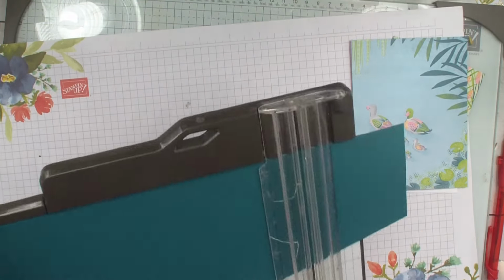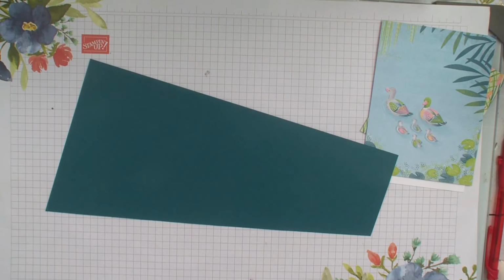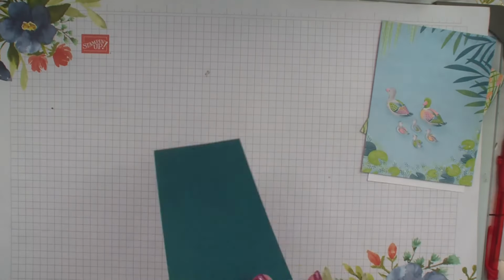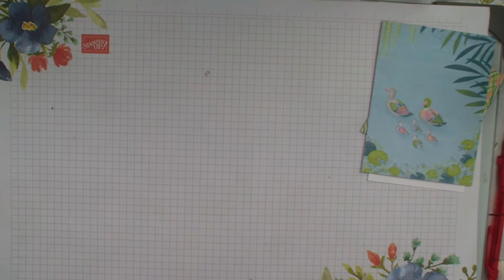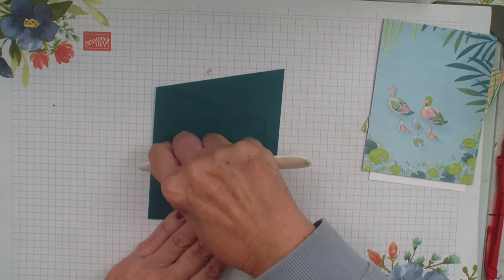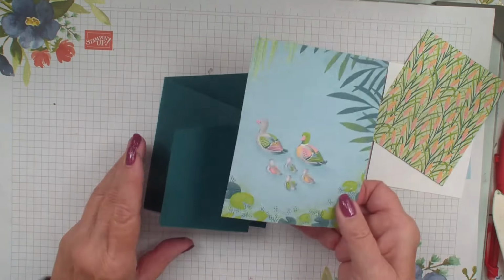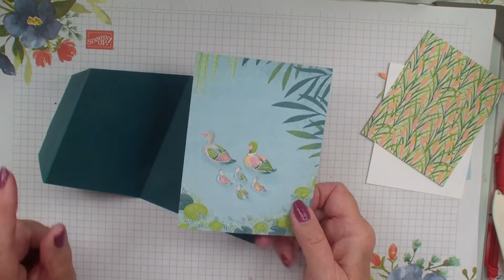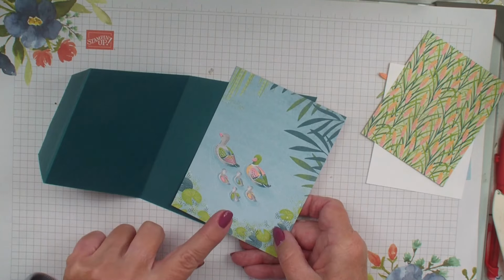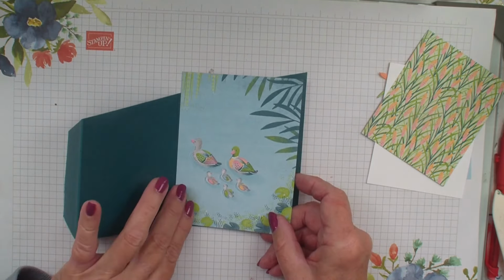So we've got my score lines. Going to bring in my bone folder to make sure those lines are nice and crisp. And we're going to start with our largest piece. This goes on the back, and what you want is your paper that you want up front to be facing up. We're going to put it in